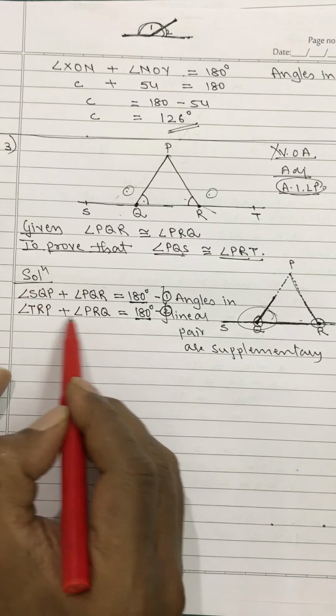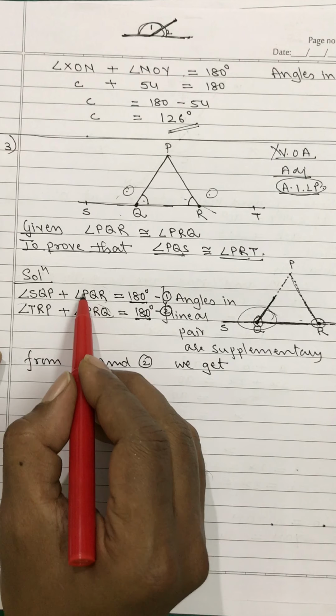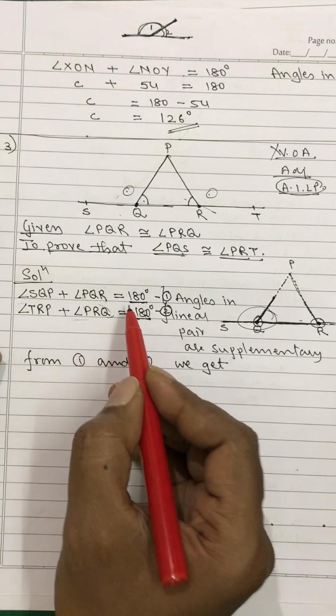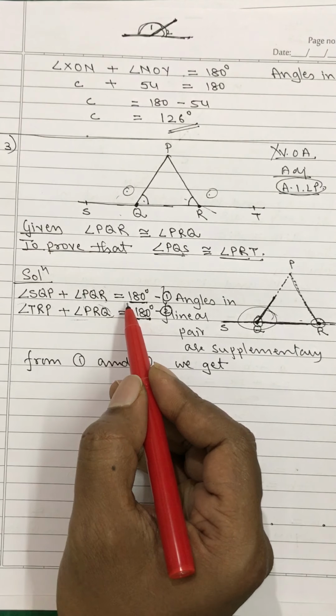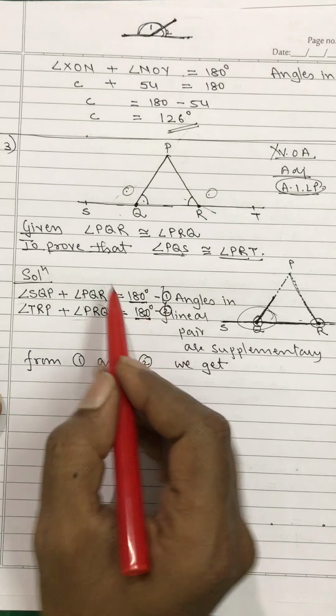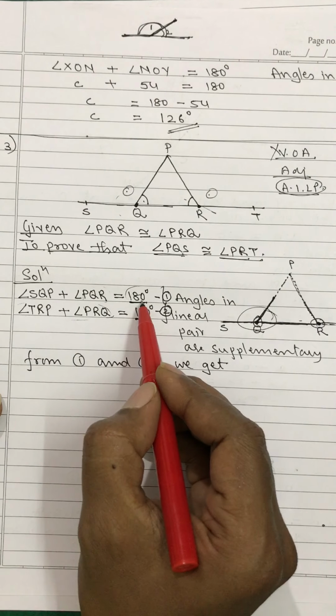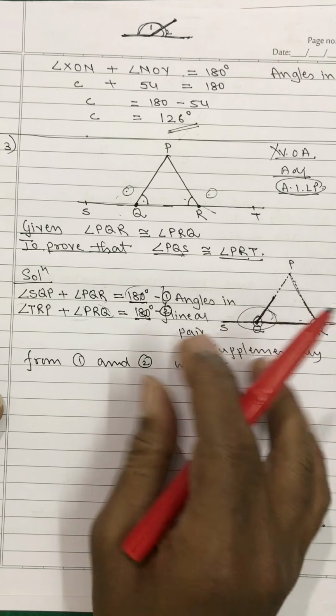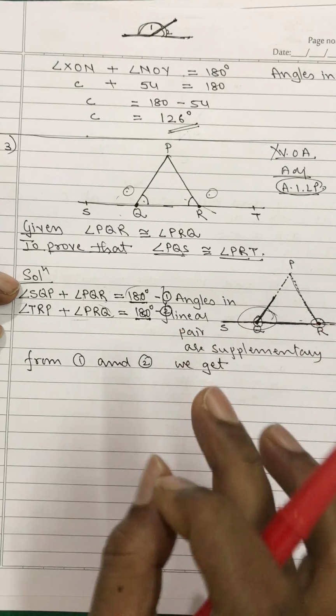So from 1 and 2 we get this whole thing: whatever is written over there, this right hand side is equal to this right hand side, so these left hand sides are going to be equal. You understand what is the left hand side? Everything on the left of the equal to sign is equal to everything on the left of the other. At present, on the right hand side there is only 180 degrees, here also only 180 degrees, so both the right hand sides are equal, so both the left hand sides also should be equal.